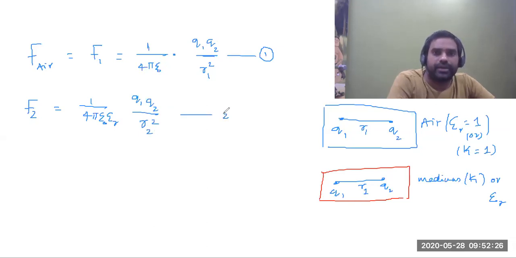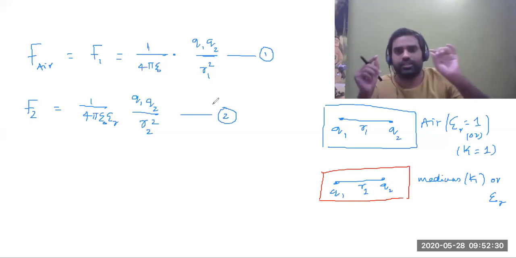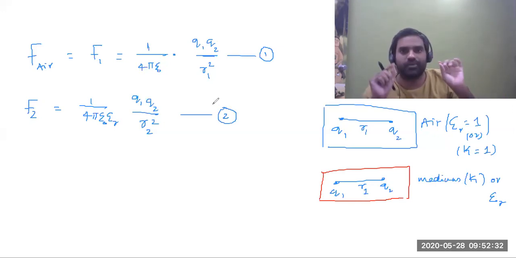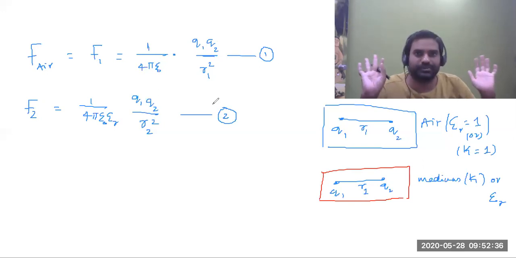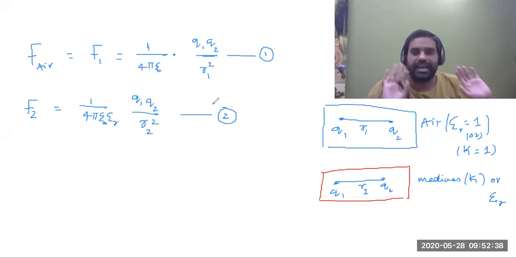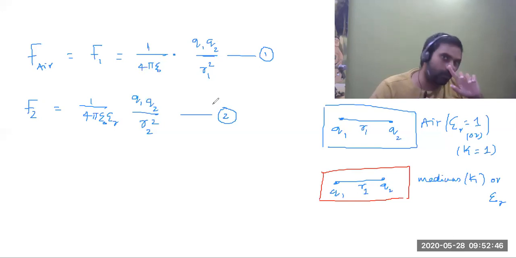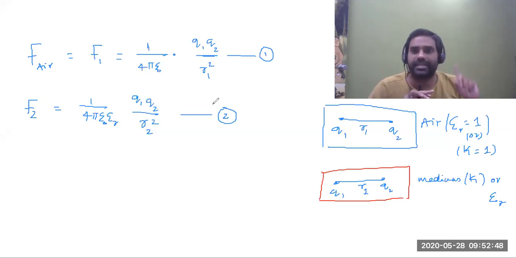Right. See, students, I have not done anything magic here. Only two charges separated by distance R1 in air are shifted to another medium and kept at a distance R2. I repeat, in the air, two point charges are separated by distance R1 and I have taken the same system to R2. Now, force in air I'm taking as F1. Force in the medium I'm taking as F2. That's it. I have not made any changes.